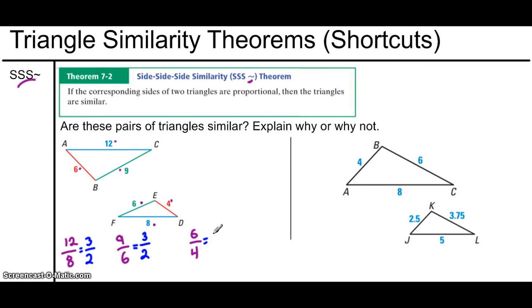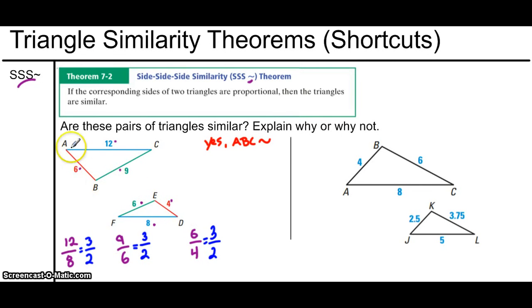And for 6 over 4, dividing by 2 in the numerator and the denominator leaves me with 3 over 2. So in fact, these are all proportional, meaning that the two triangles altogether are similar. So I would say yes, that, let's see, A, B, C is similar to, make sure I get this right,